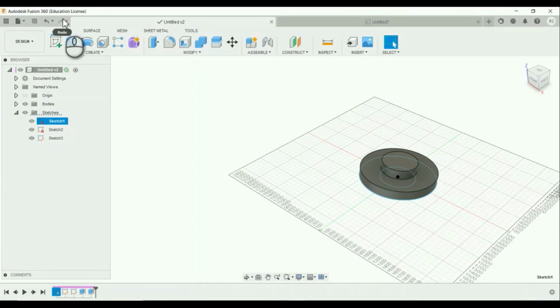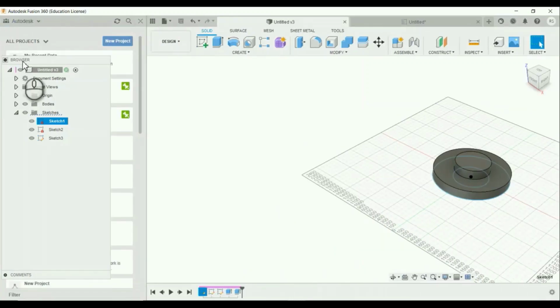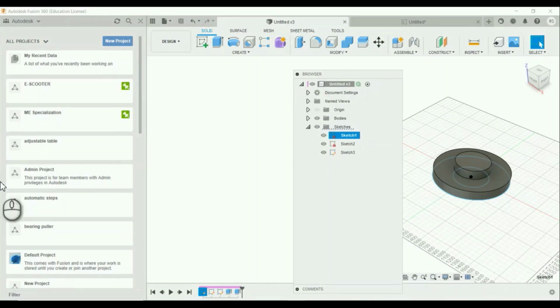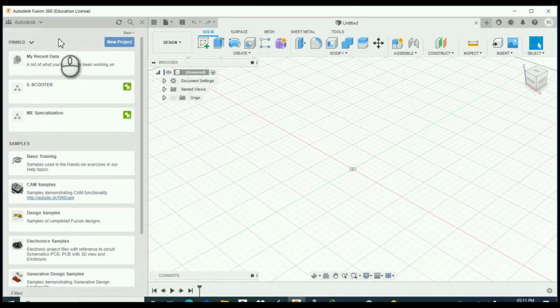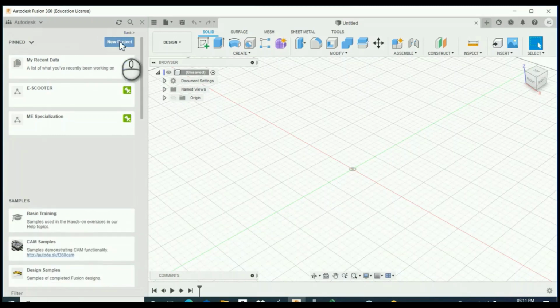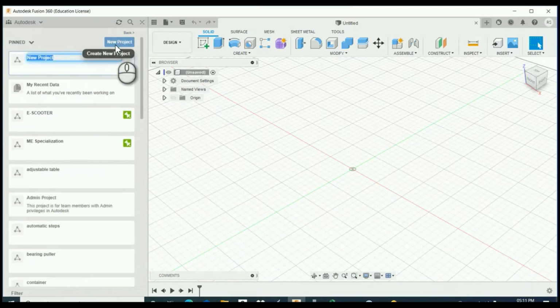After that, this is the undo, redo, and then this is the data panel. Use the data panel to access, organize, and share your Fusion 360 projects. First, create a new project. Select new project.